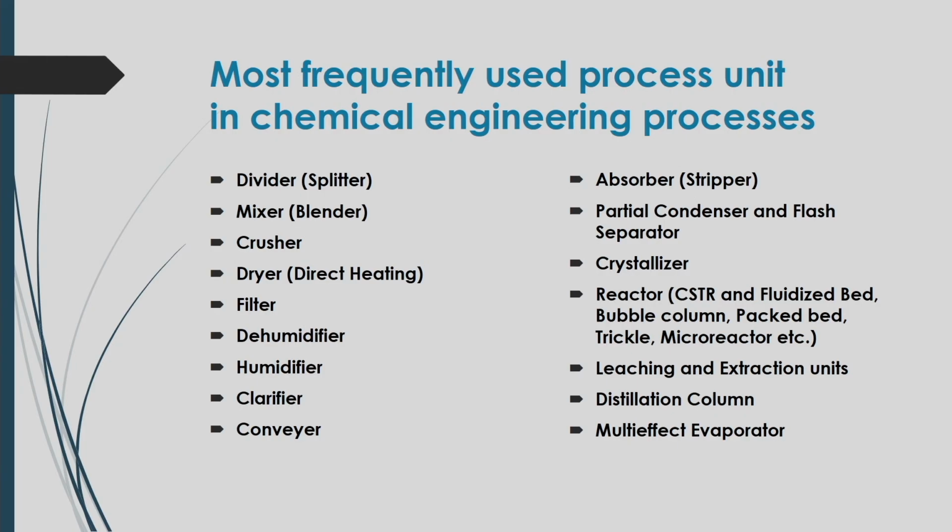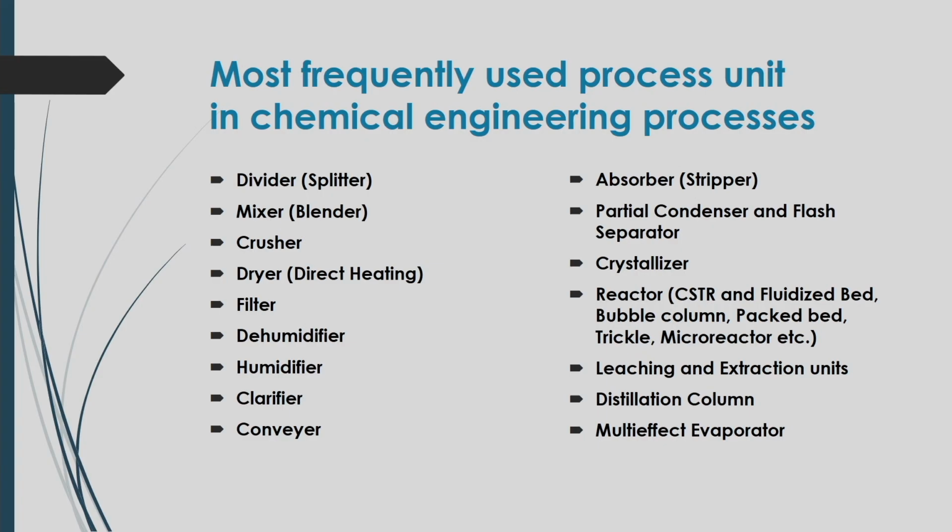And what are the different process units in chemical engineering processes? Here some are listed, like the divider. The divider is used to divide the flow stream into two parts, where one part will be sent to one unit and another part will be sent to another unit, or used for other purposes. And then the mixer: two streams, or even more than two streams, will be coming to it and will be mixed together,